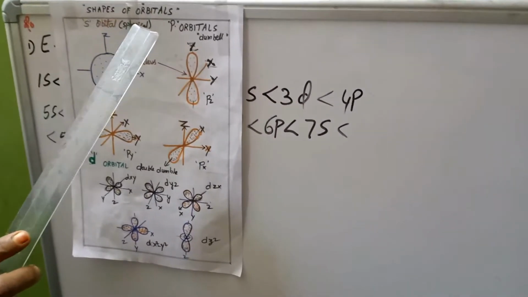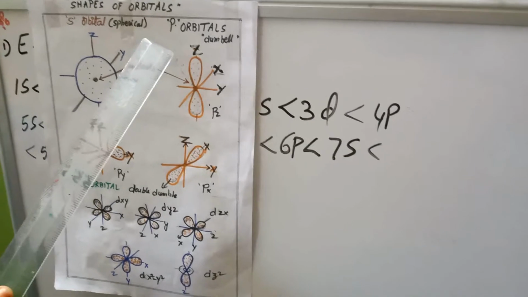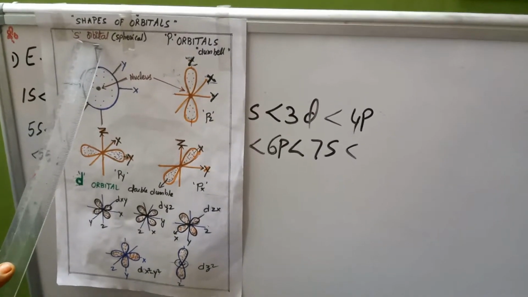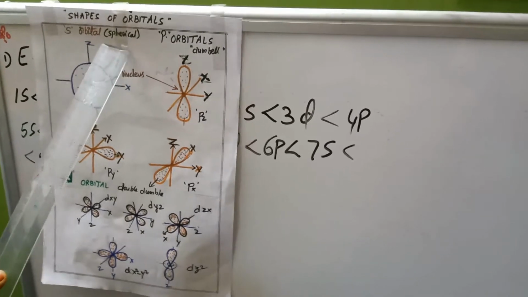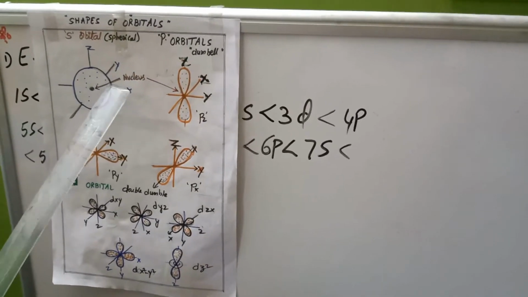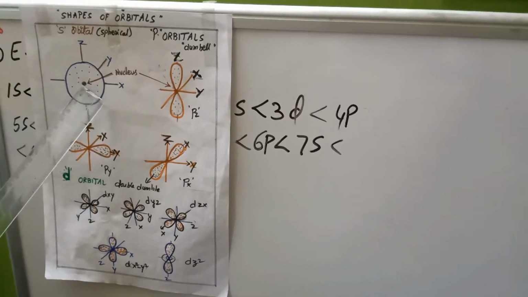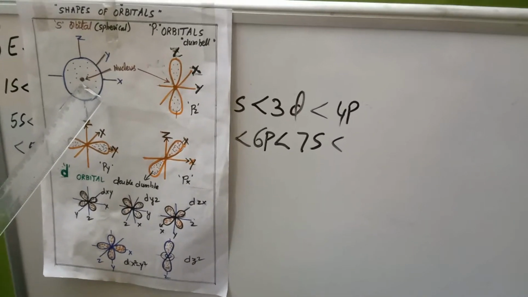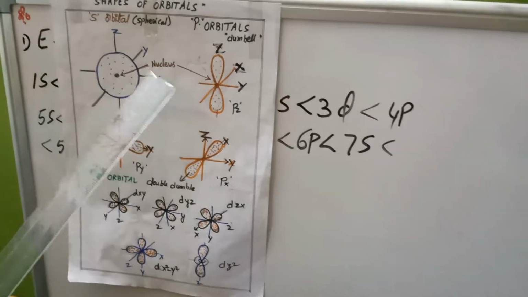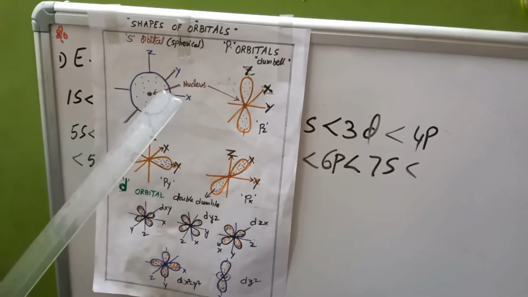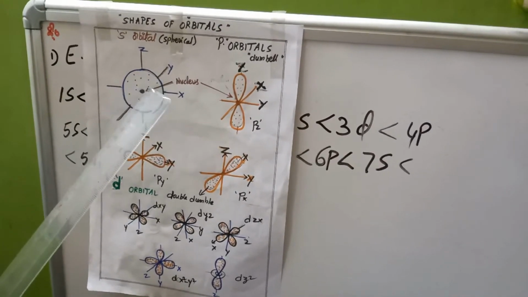Today we are going to learn about the nodal region and shapes of different atomic orbitals. In that we are going to discuss the s orbital, which is spherical in shape. So this is the sphere shape, and here we are able to find the center, the nucleus. We are able to see the x-axis, y-axis and z-axis. And all the dots we are representing here are the density of the electron cloud.